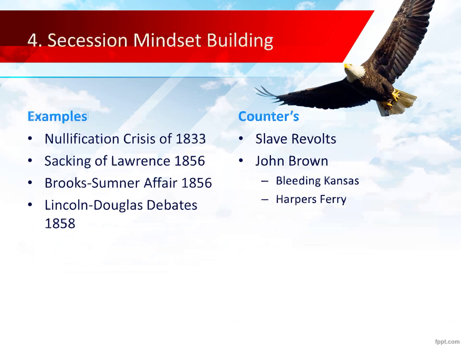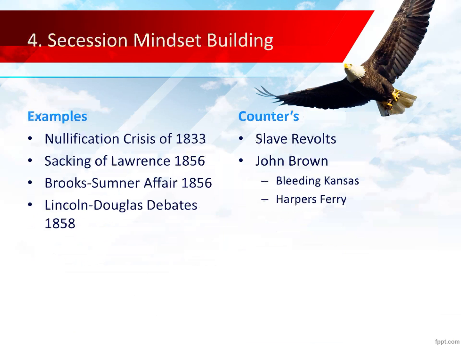Kansas, we already mentioned Nebraska-Kansas territory. Kansas was the first territory to have popular sovereignty determine if it was going to be a free or slave state. And you have basically two territory capitals, and Lawrence is the quote-unquote free capital, and they're going to get sacked by pro-slave forces and burned to the ground. Now, this is going to cause John Brown to do later on the massacre at Potomac Creek.